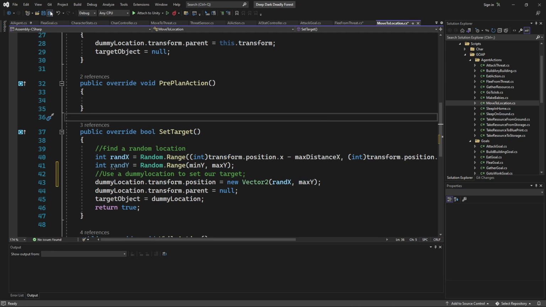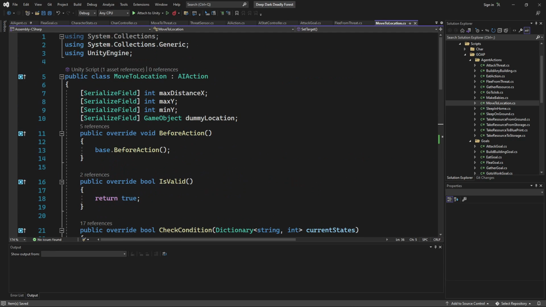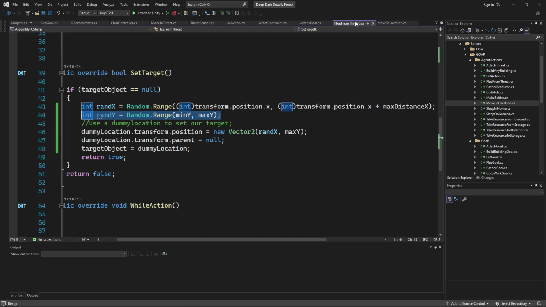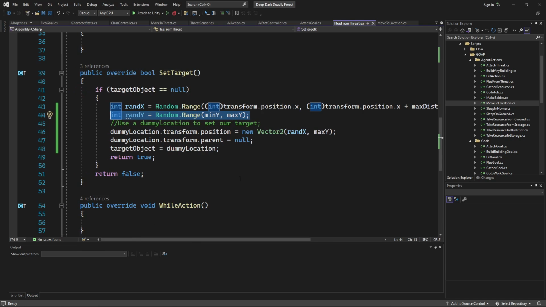Okay, now what I'm going to do is after I figure this out, I'm going to come in here and put these as defaults so that whenever I create another creature, I won't have to worry about what those are. Let's see, flee from threat. Okay, so